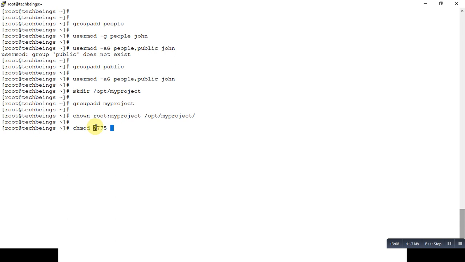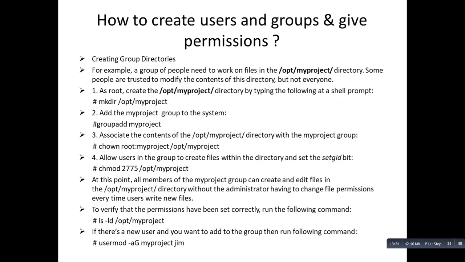Read, write, execute for the group, and for others this is read and execute, no write permission on the myproject directory that we have created. At this point, all members of the myproject group can create and edit files in the /opt/myproject directory, without the administrator having to change the file permission every time users write new files into it.